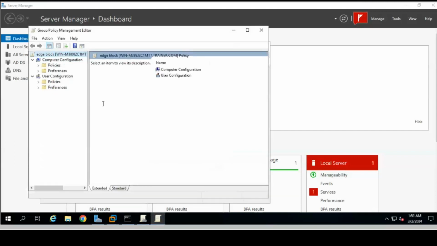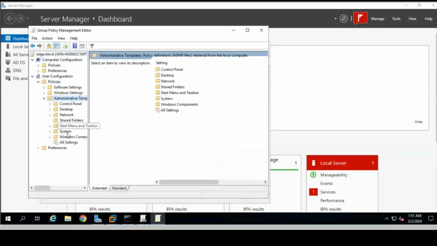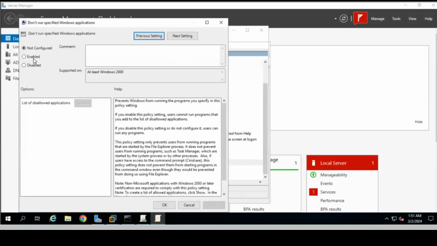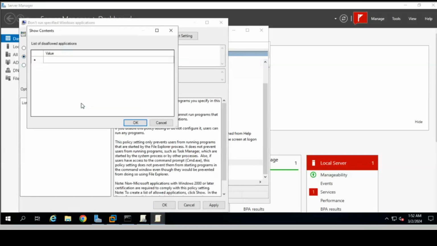Then you will get the same prompt which you get when you run that command gpedit.msc. That is the same prompt, but this prompt is for the client machine. Now apply any policy here the same way, like suppose I want to block Edge. As we earlier did in the operating system part, in the same way just click on the policy, Administrative Templates, then System, and in System the last third option is Don't run specified Windows applications. Here just click on Enabled, then Show